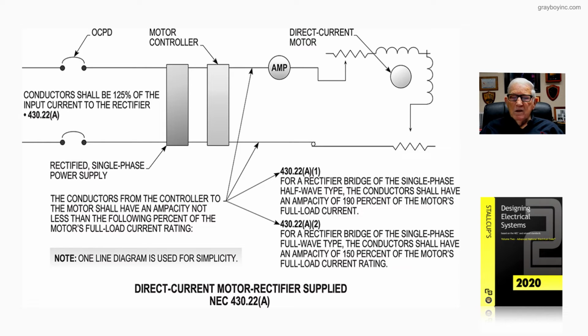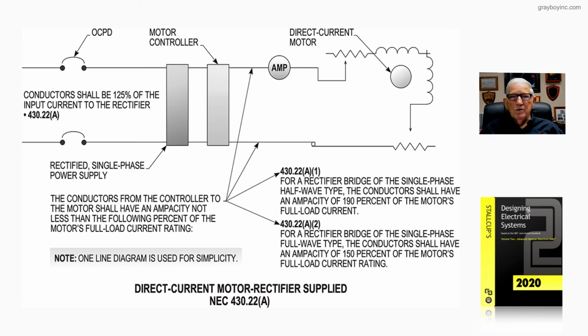The second rule is 150% is used where a rectifier bridge is of the single phase full wave type. Now, we find this information in figure 18-3. But what I'm making note of, a lot of people want to go to the motor full load current rating, and they use 430.22 instead of